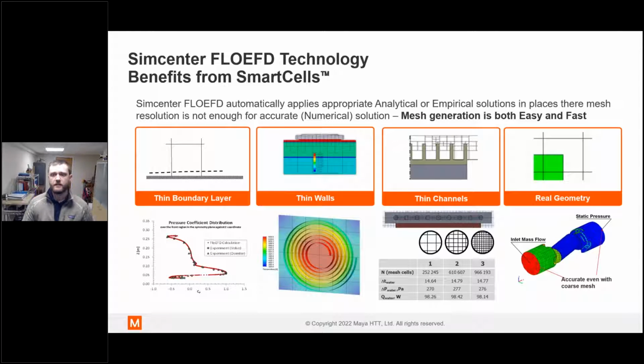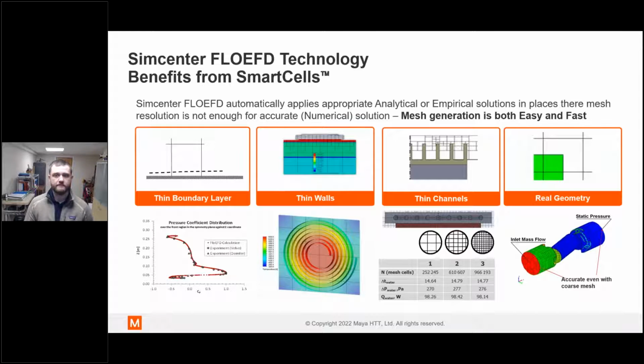And looking just a little bit more at that technology, we have specific technology for wall functions that help to model that viscous sublayer without creating inflation layers, which makes these solutions extremely efficient while at the same time accurate. We have the ability to model thin walls and multiple areas of different solids through a single cell, and there can be up to, I think, 36 different solid properties within a single cell.